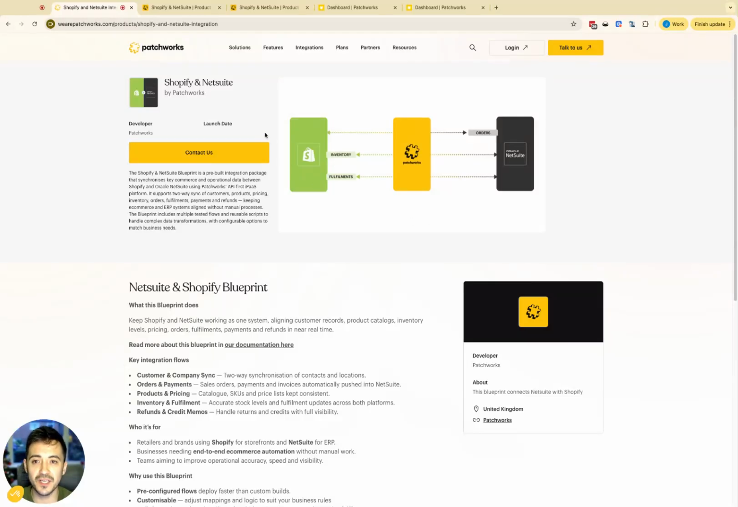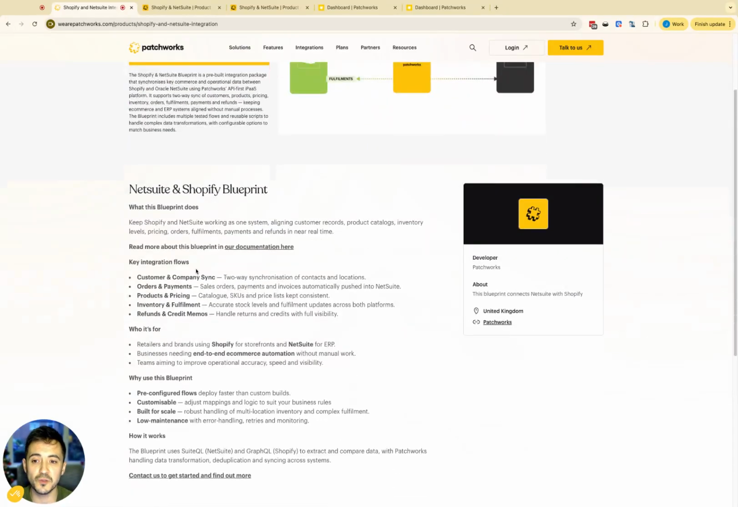Here we've got the Shopify and NetSuite blueprint by Patchworks. So this is a pre-configured flow or bundle of flows which will integrate your Shopify store with your NetSuite ERP. The blueprint's going to contain flows which will bring across your customer and your company data, your orders and your